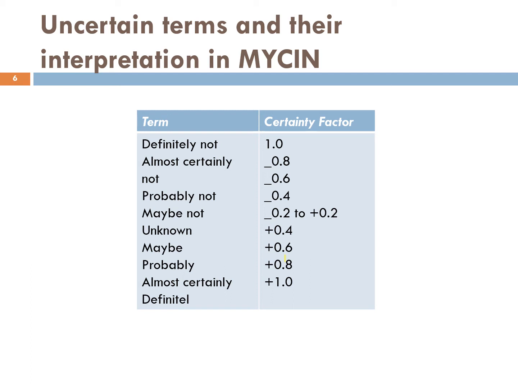Definitely not actually starts from negative 1.0. Almost certainly not is negative 0.8. Probably not is negative 0.6, and so on. Where definitely is positive 1.0 and almost certainly is positive 0.8. These are the terms and the interpretation that we use